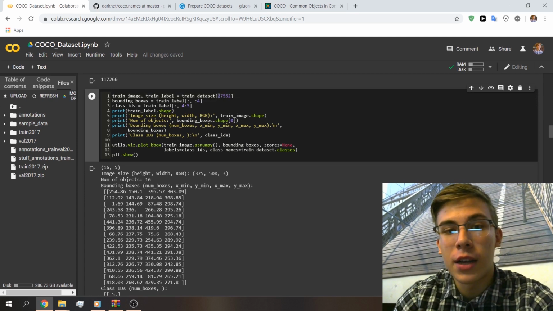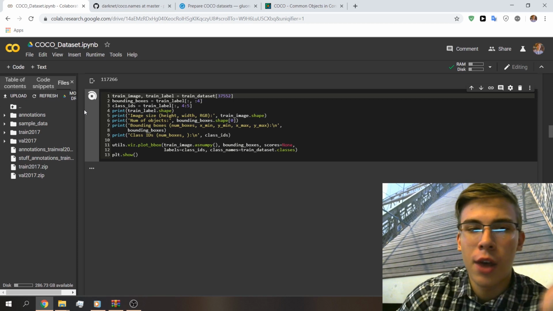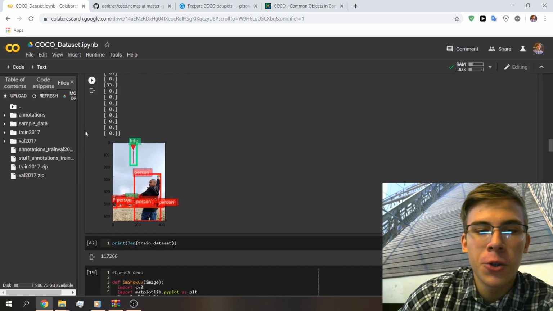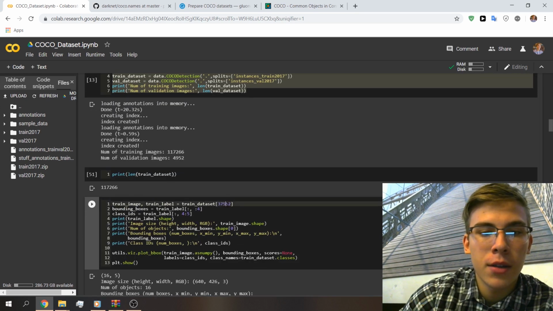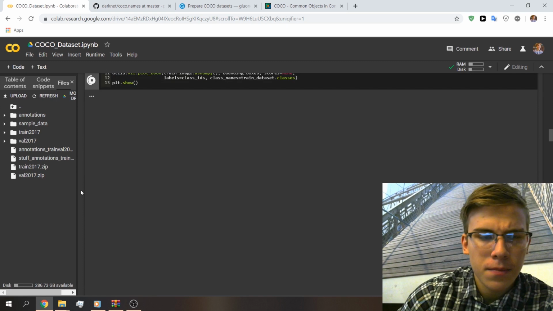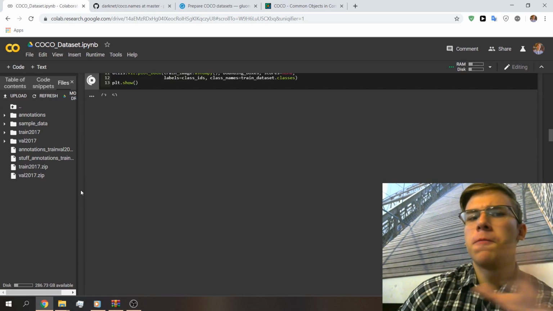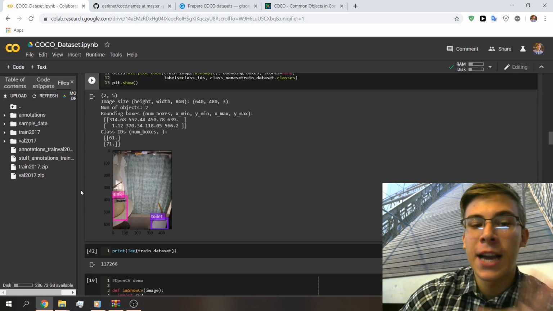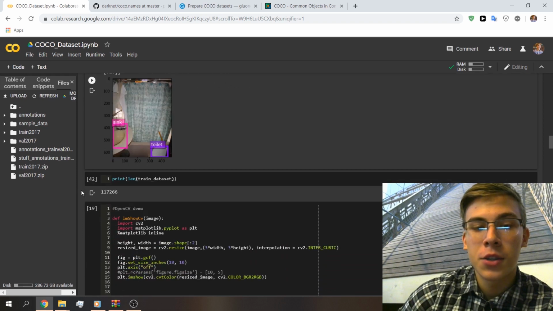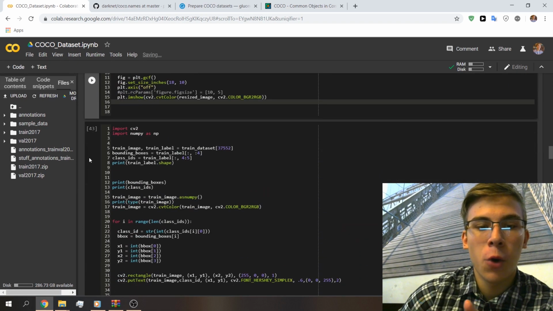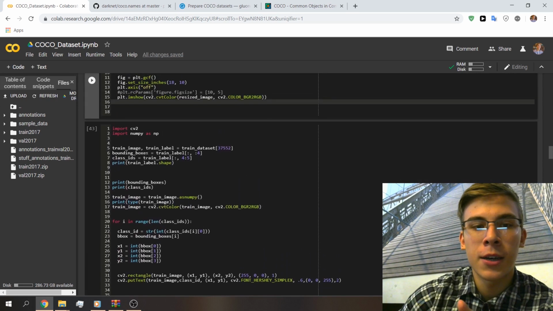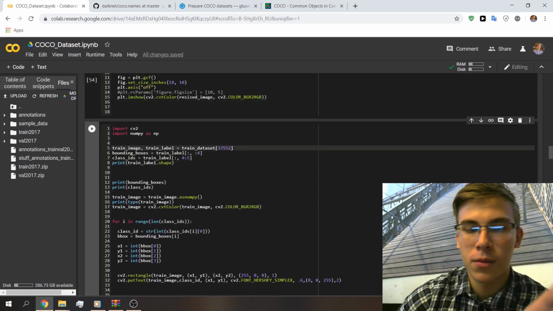So if we say here like the 37,000th one, and we visualize it, well, we'll find this guy here. We can play around with it a little bit, and it's to make sure that we've downloaded the images and their labels and that everything is working. So then here you can run these styles of code, and here's the code that I wrote